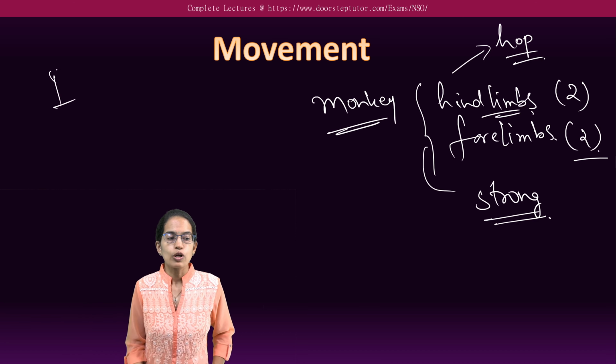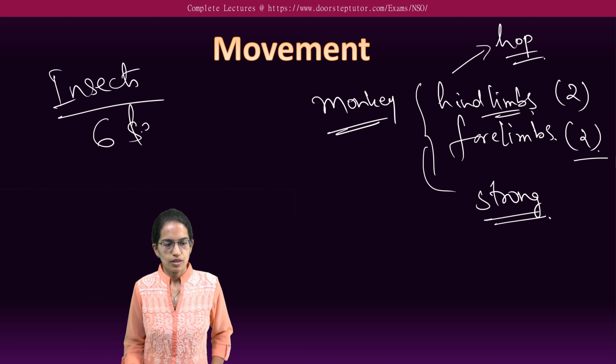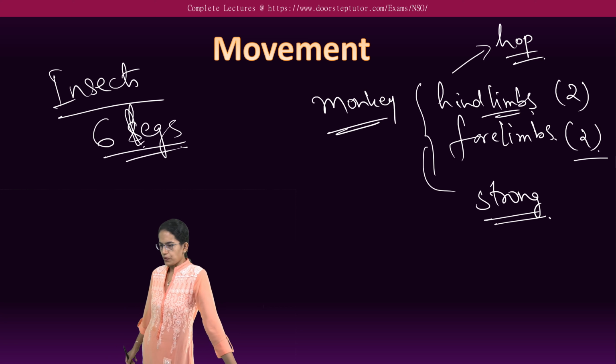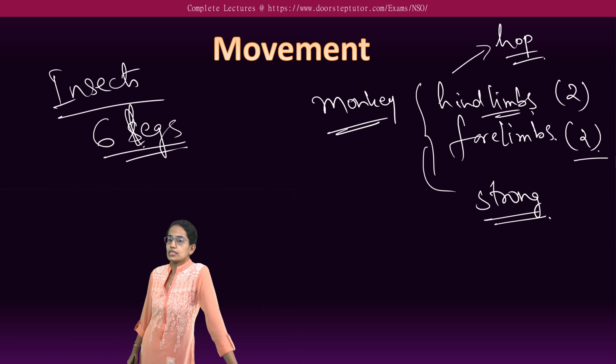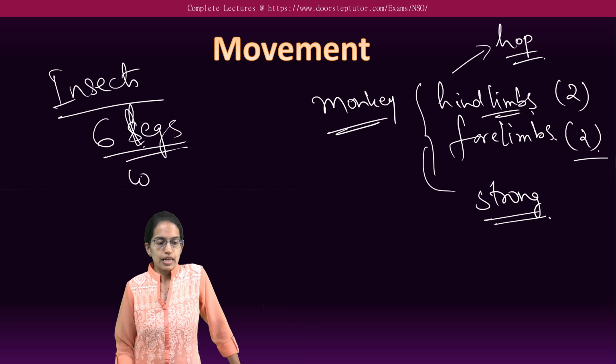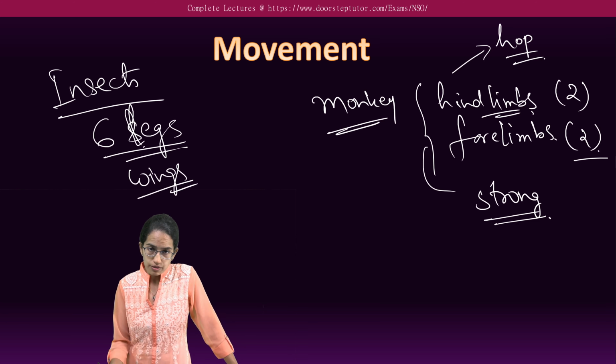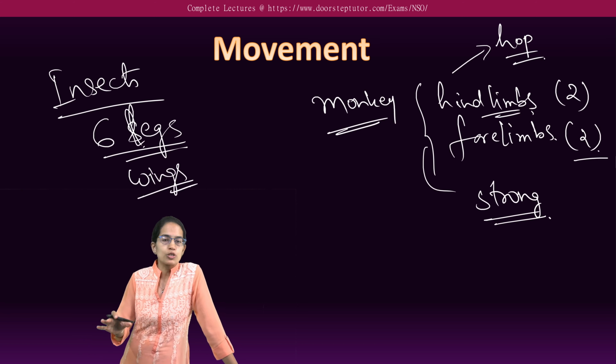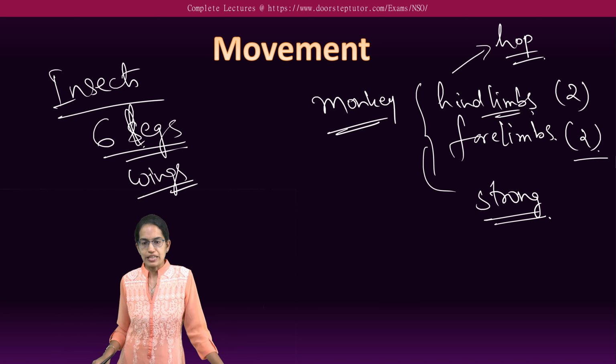Now, coming on to insects. Insects have 6 legs. Now these 6 legs are important. In most of the insects, the legs are used for movement. Some of the insects also have wings. For example, cockroaches, if I take a simple example, cockroaches have 6 legs, but they do have wings. You might have seen